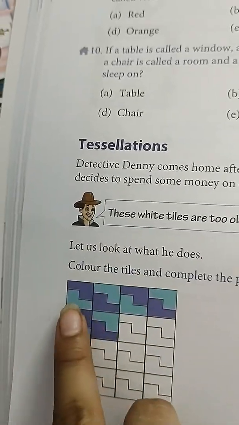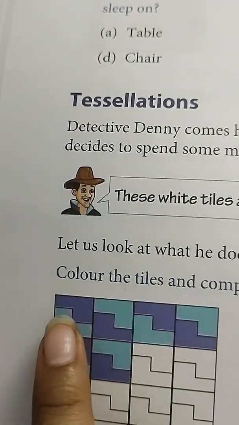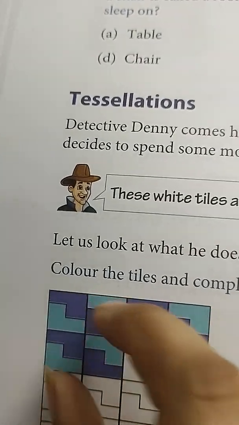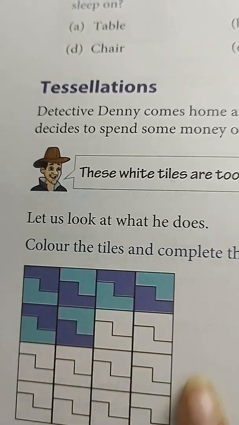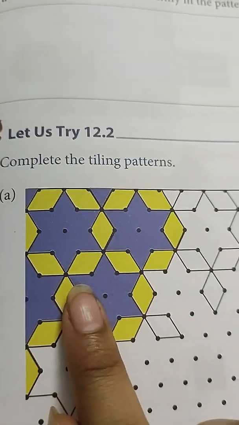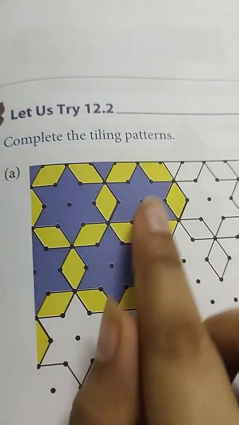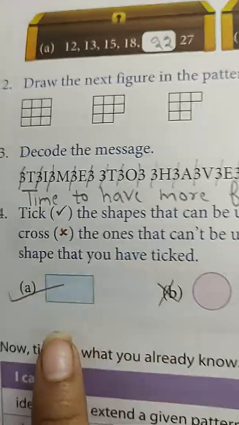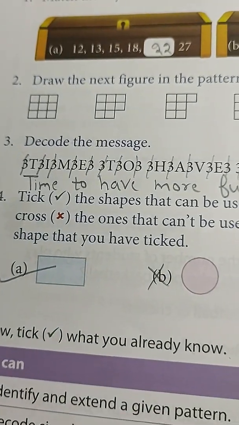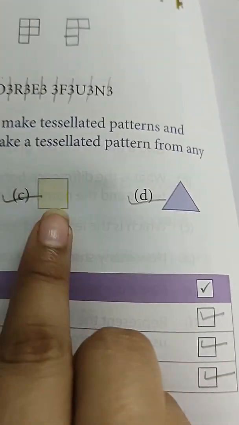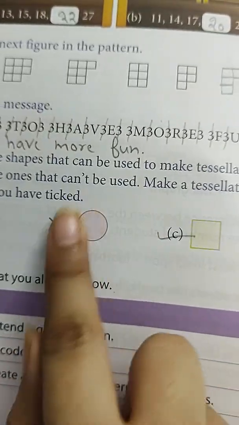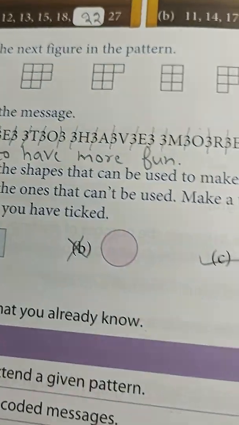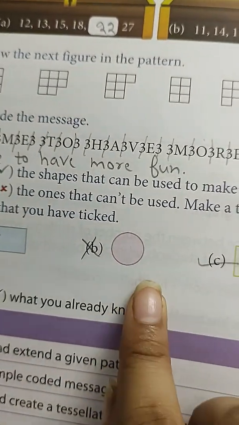Suppose this is given to you. As you can see, there are these shapes given to you, this blue and green shape. When we join them together, there is no gap in between, so this is a tessellated pattern. This is also an example of a tessellated pattern, as there is no gap in between. And they will not overlap, one does not come on top of another, so this is tessellation. Can we create tessellation with a rectangle? Yes, I have already discussed in class how we can create a tessellation pattern with the help of a rectangle, square and triangle. But we cannot draw a tessellation pattern with a circle, because if we draw it with a circle, it will have gaps in between, so we cannot draw.